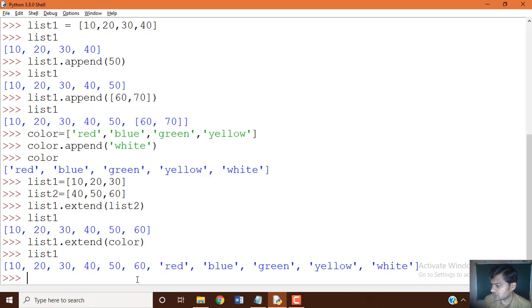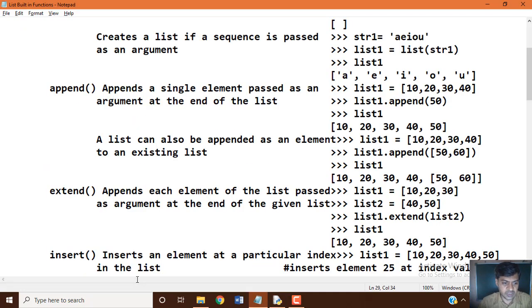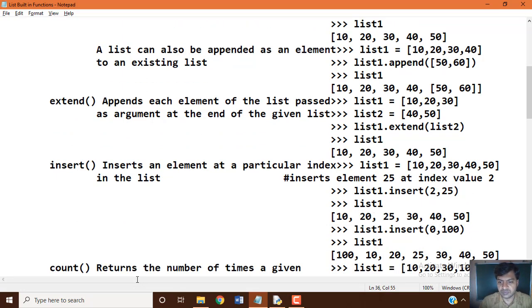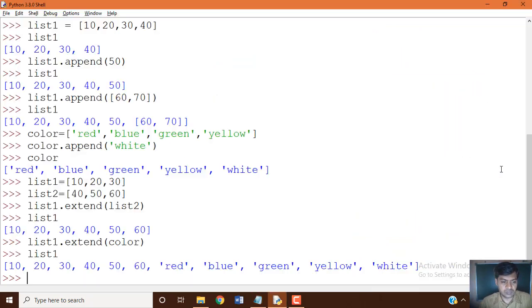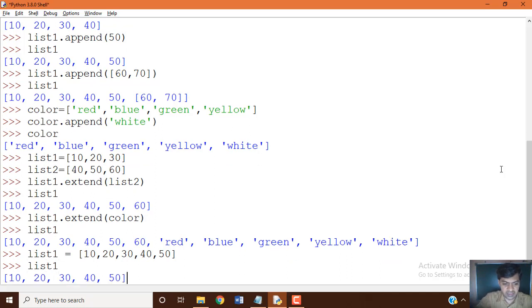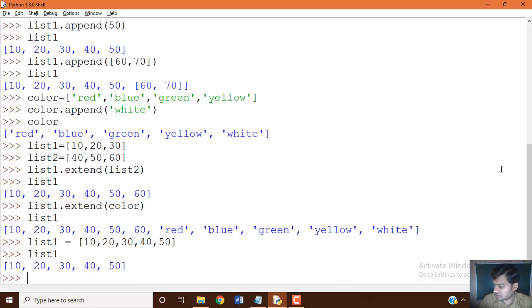Now we can go for the insert function. Let's see how we can make use of it. Again we are defining the list 1 variable, which contains 10, 20, 30, 40, 50. Then you want to insert data; the insert function takes two arguments.